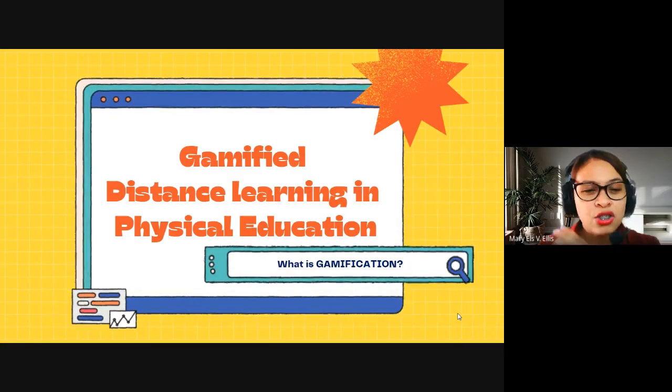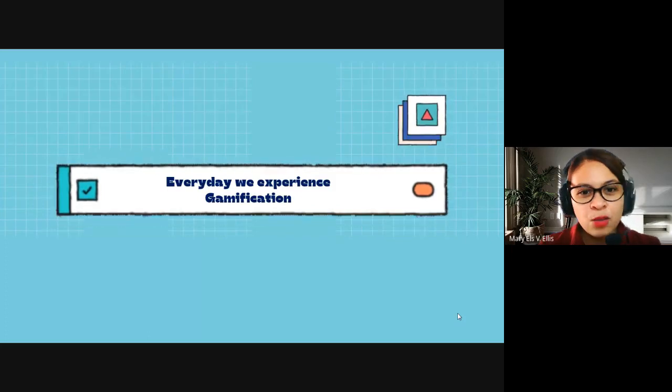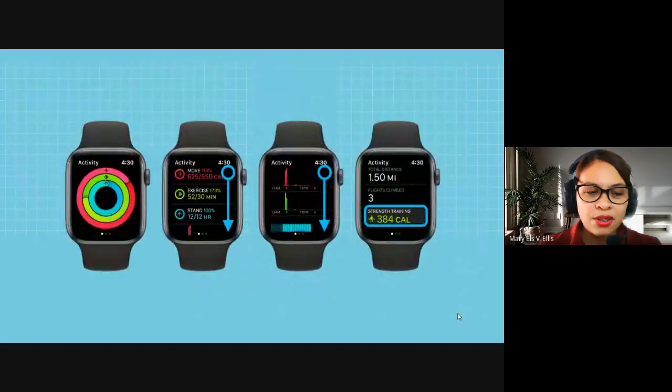But before we jump into the education context, let me give you an example of how every day we experience gamification. For example, when we go to cafes, they give us coupons, and when we complete them, they give us something in return, maybe a planner or a mug or some advantage cards. We earn points from them. Another great example is smartwatches. It keeps track of our physical activities, and it gives us more leverage to do even better because we can see results. This motivates someone to be healthier.